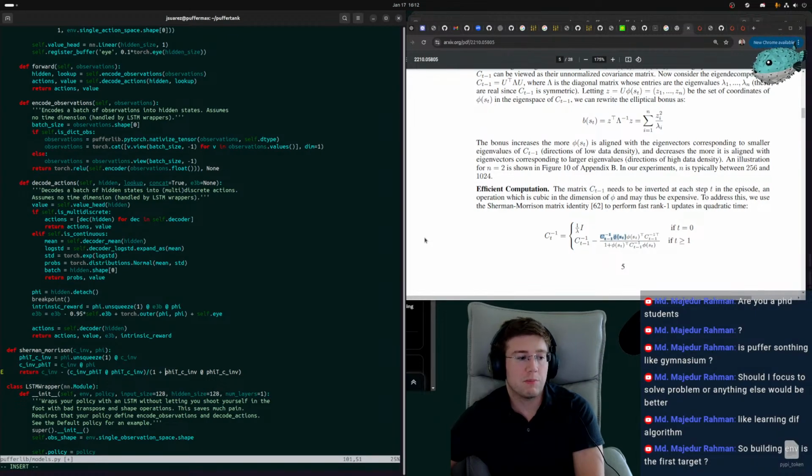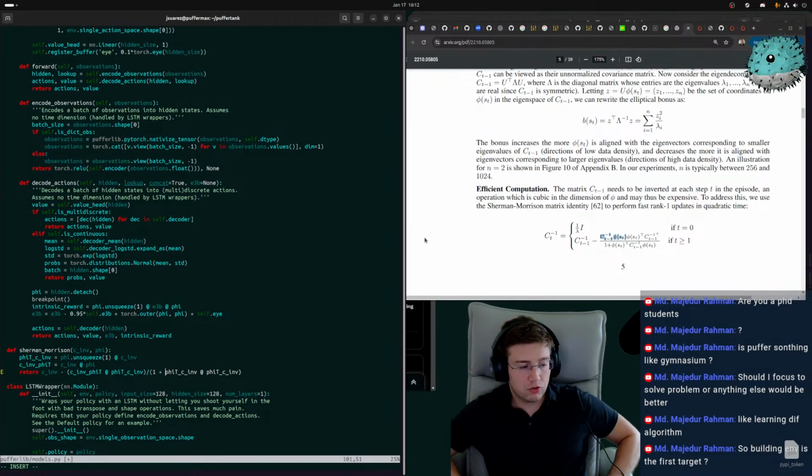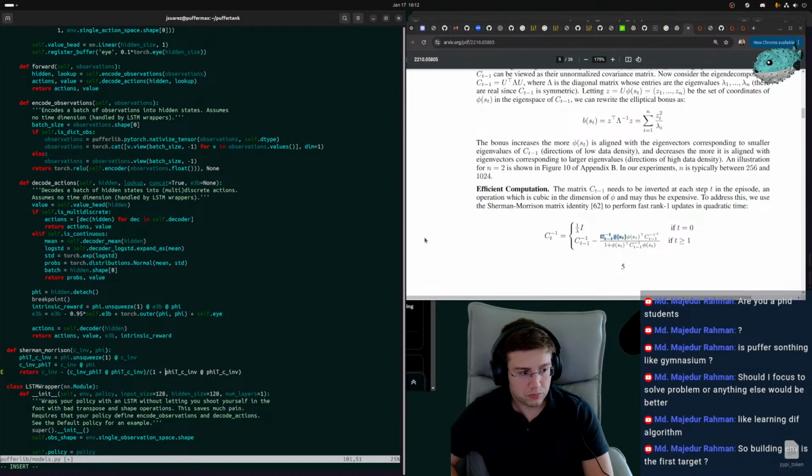So I'd pick something that is relatively simple. People have done Pong, people have done Breakout, right? People have done simple grid type environments. So pick some simple little game that you're going to have fun building. Something that's only a few hundred lines of code that you can do in a couple of days. And then look at all our Puffer examples, look at how we've built them, and match that,